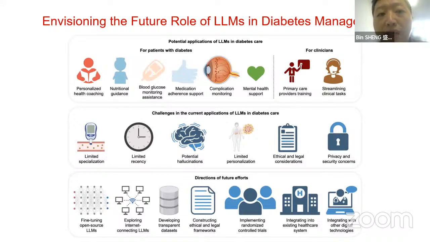Look back at this study. At the beginning, the large language model was not considered a multimodality artificial intelligence model, but now we see that the LLM is becoming more and more multimodal. So if we consider that LLMs will become multimodality foundation models, and if we can use this very new and powerful AI tool,